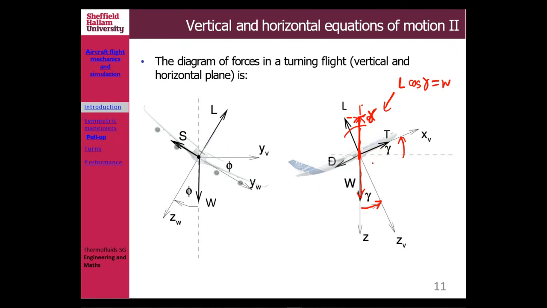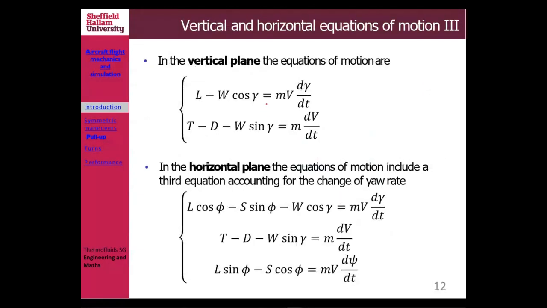But of course, if you're talking about Newton's law, then you have this factor here, which is mV d gamma/dt, which obviously comes from mV squared divided by r, I guess, which is your centrifugal or centripetal force. Now we know that gamma dot is V over r, so you could also consider that as